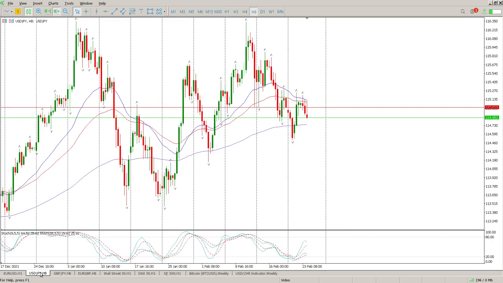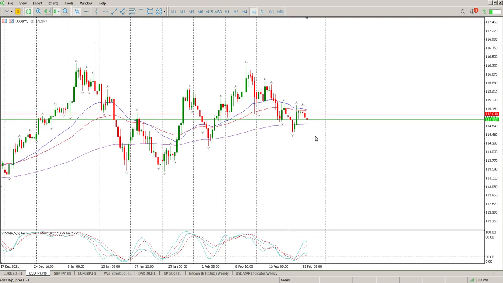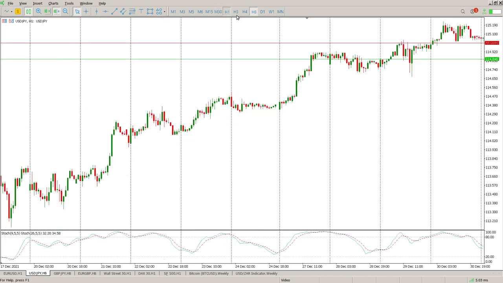Moving on to US dollar Japanese yen, and a bit of a different story here. We should be seeing this going long, and we're not seeing that at the moment. So we're seeing a stronger yen to the dollar here, whereas there we're seeing a stronger dollar to the euro. At the moment, this is kind of tails all over the place. We're in amongst the moving averages. One positive sign here for a bearish move is the oscillators at the moment, and if we just drill down to the hour,